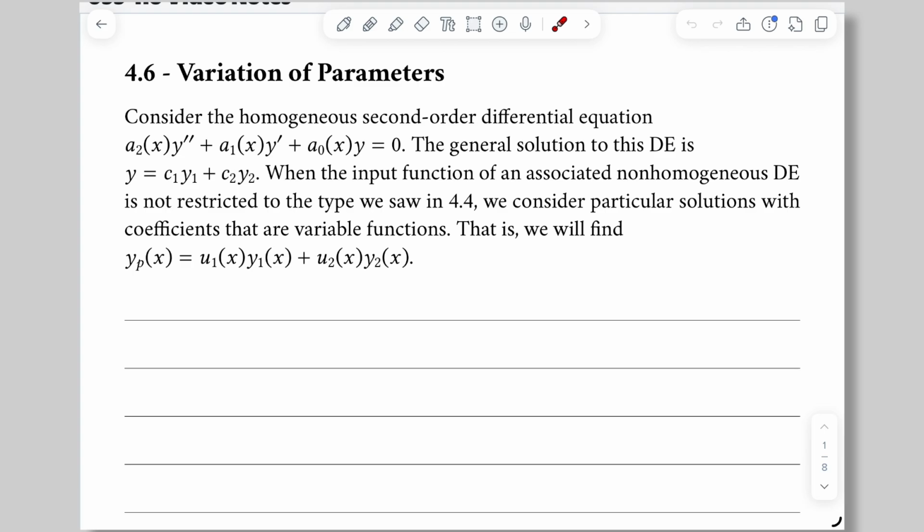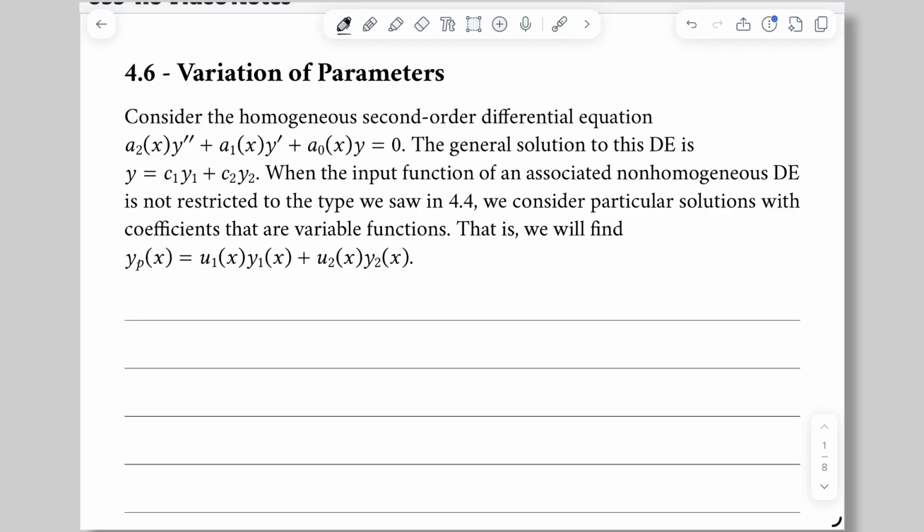In the event that we have a non-homogeneous differential equation that has an input function that's not of the type that we saw in the previous set of lessons, we use a technique called variation of parameters. It's based on the idea that we have a fundamental set of solutions, and for a second order differential equation, we would say we have a y1 and a y2. And then the particular solution takes on the form u1y1 plus u2y2, where u1 and u2 are unknown functions of